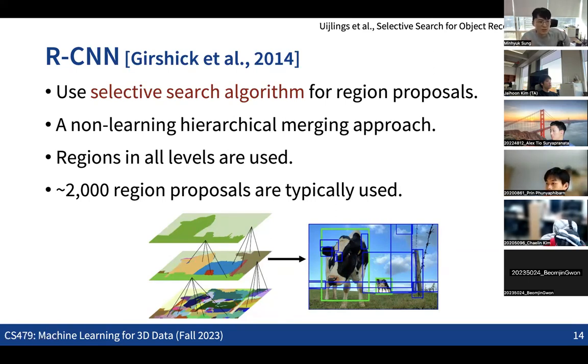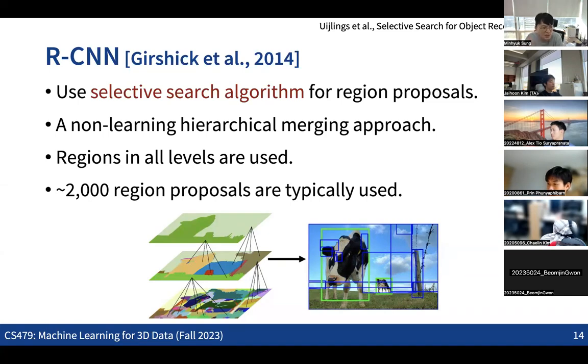In all the intermediate layers of merging the superpixels, we get bigger clusters of different sizes, right? So we collect all these intermediate clusters of pixels as proposals of objects, the regions in the images.